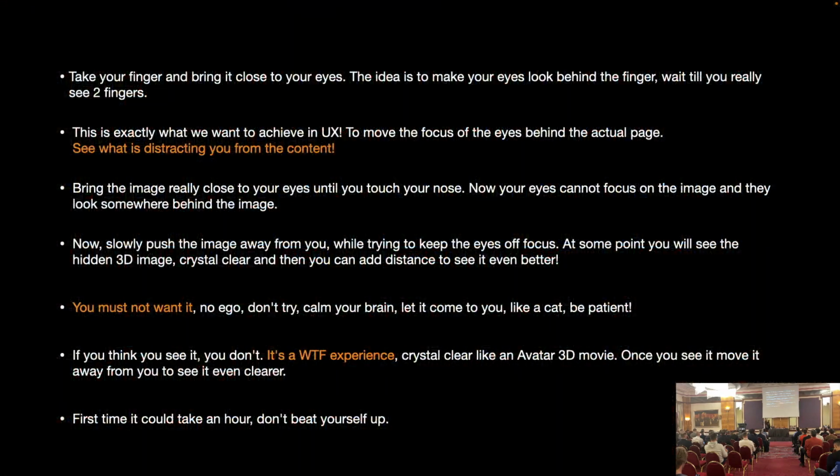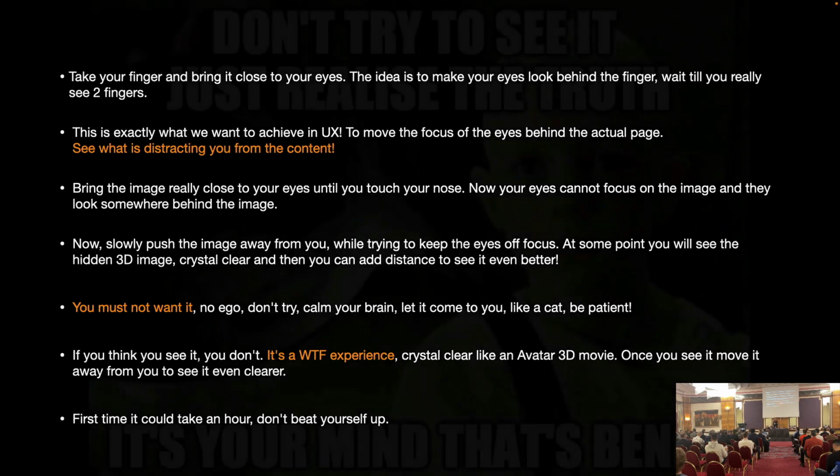So I gave you all the handouts and detailed descriptions of how to see a crystal clear 3D image with your bare eyes without any 3D glasses or anything. So you have now time for the rest of the day, right, to figure this out. Shakib needs a handout, a special one. And the most important thing is,